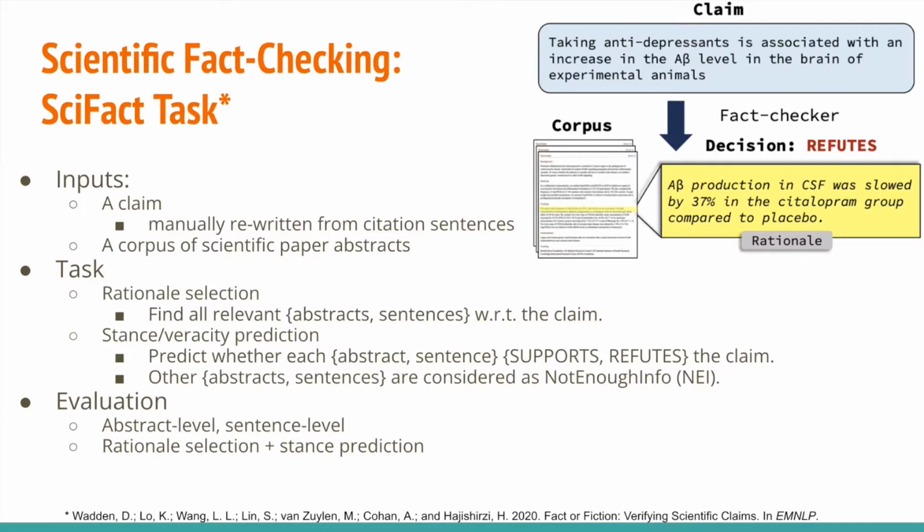Next, the task is to predict the stance or veracity, to check whether the abstract and the sentences retrieved support or refute the claim. For other cases, it's called NEI, not enough info, if the abstract and the sentences are neutral. For evaluation, I will talk about it later.